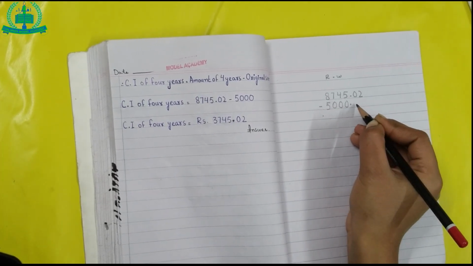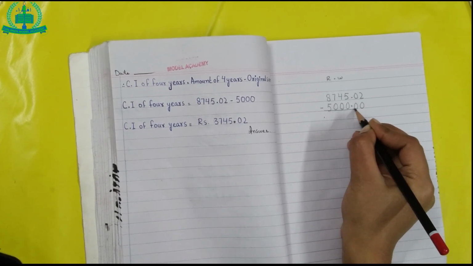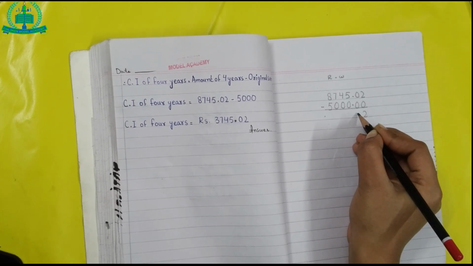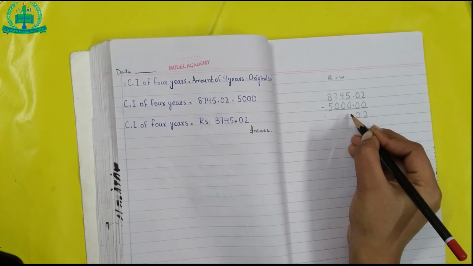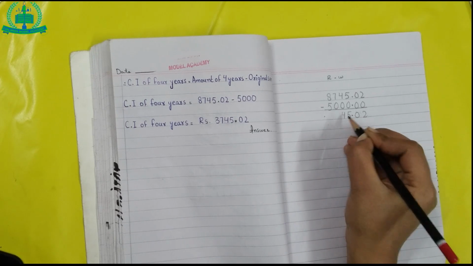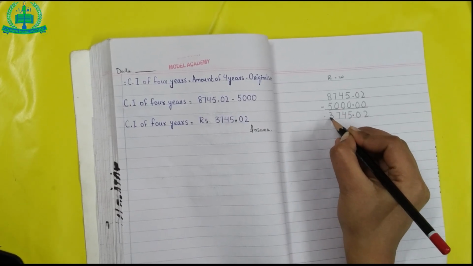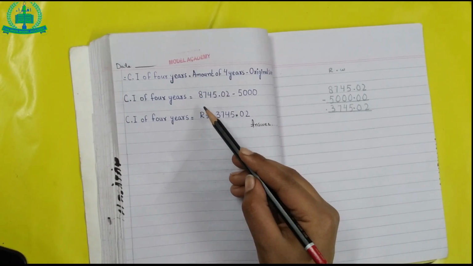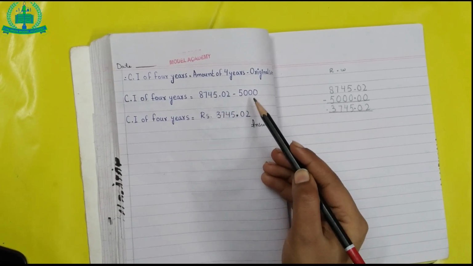We put 0 to balance the digits. 2 minus 0, 2. 0 minus 0, 0. We write decimal under the decimal. 5 minus 0, 5. 4 minus 0, 4. 7 minus 0, 7. 8 minus 5, 3. 8745.02 minus 5000 makes